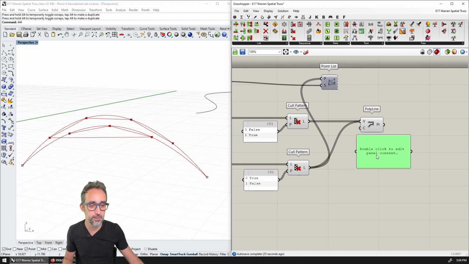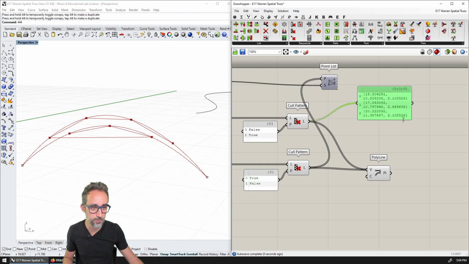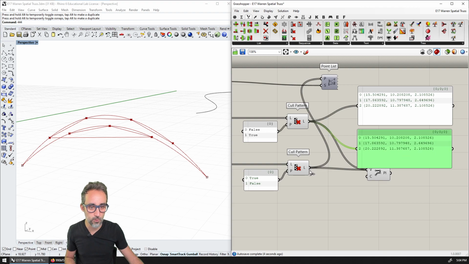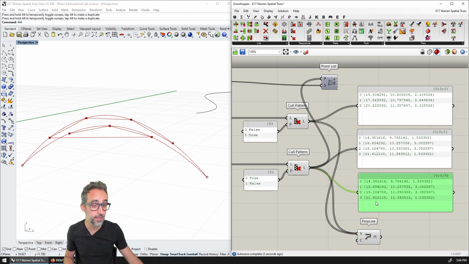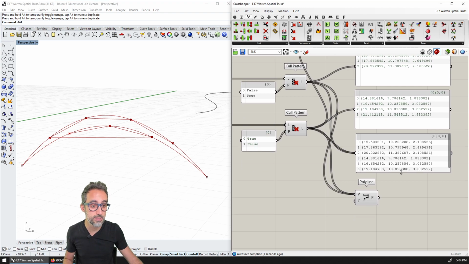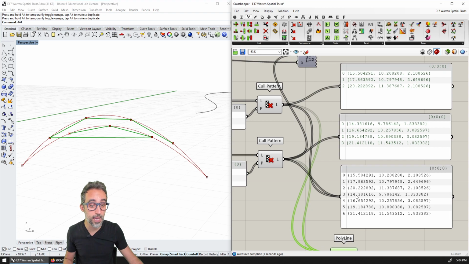If I take a look at this panel, I use this panel to see these are the first points. These are the ones on the bottom. These are the ones on the top. And then I'm going to create another panel where I'm going to replicate what is happening here. So I'm going to plug in the first one, and I'm going to shift add the other one. And you can see that what's happening is that the 4 points are added to the end of the list.